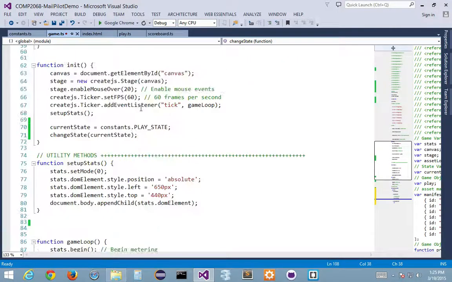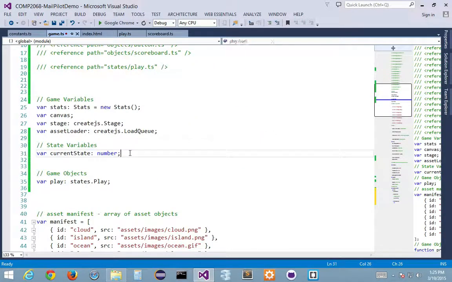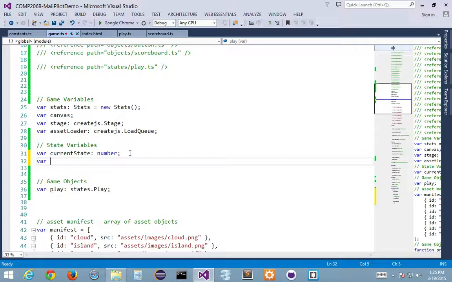But I already have a kind of a current state variable that tells me what state I'm in. So I need a current state function or current state method or current state class. Call it what you like. I'm going to call mine current state function. I'm going to put this at the top. Now this is the trick. Watch me here because this is key. Current